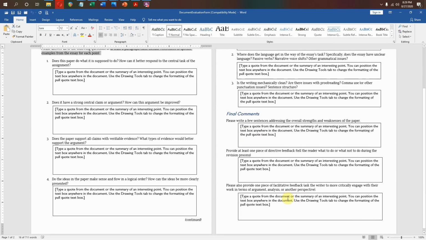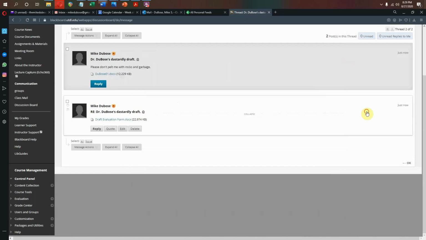Please also provide one big piece of facilitative feedback. Ask the writer to more critically engage with their work in terms of argument analysis or some other perspective. While you write on the financial aspect of nightclubs, you should also look into how they draw in their audiences, something along those lines. When you're finished with it, you will save it, you will close it,